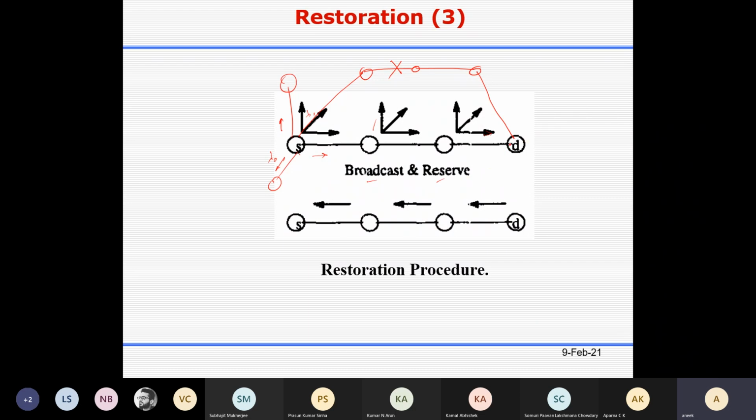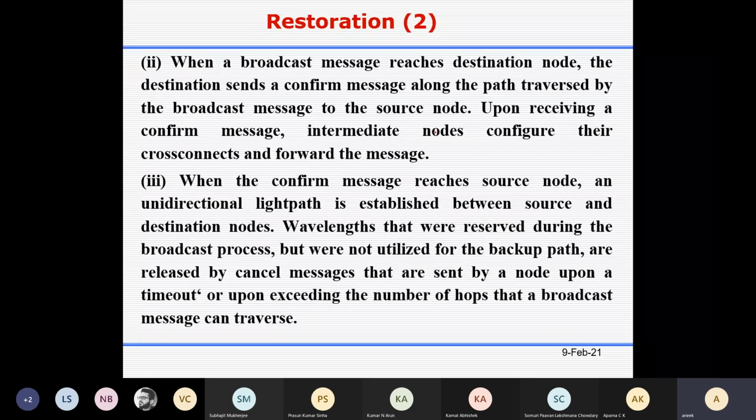Okay, so when this broadcast message reaches the destination node, the destination node will send the confirm message. When a broadcast message reaches the destination node, the destination node sends a confirm message along the path traversed by the broadcast message to the source node.